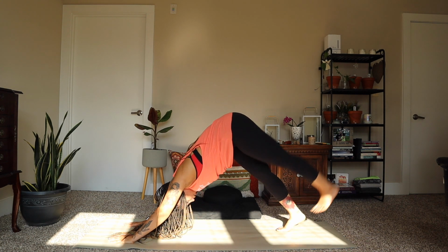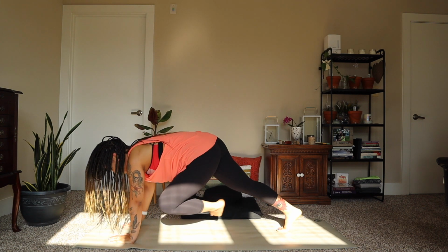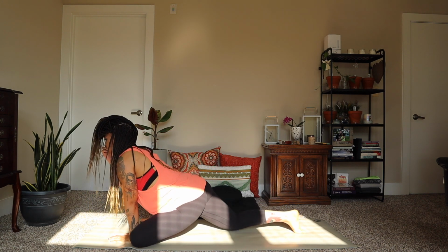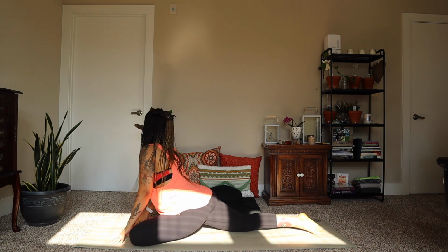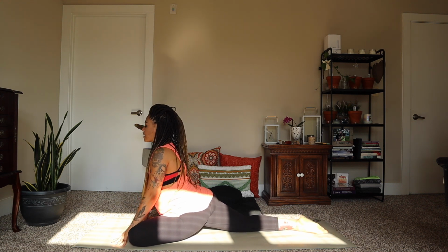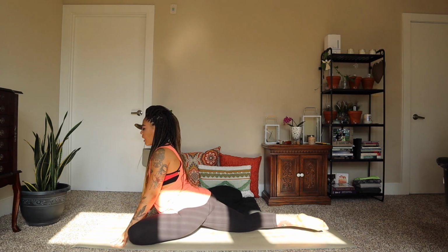On your next inhale, draw your left foot up and back, and slowly draw it through with your knee coming to your left arm, your foot coming to your right wrist. And then look over your shoulder again, making sure that your leg is going straight behind you, lifting your chest, opening, broadening your shoulders. And then whenever you're ready, you can work yourself down onto your mat or stay up,